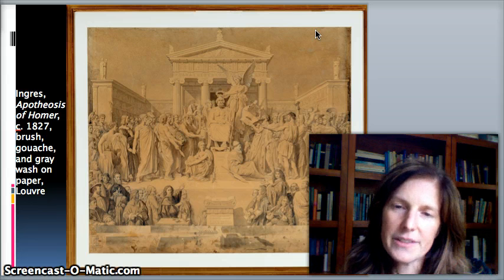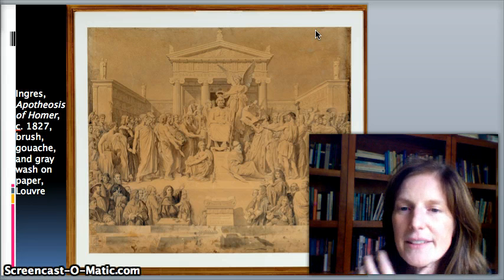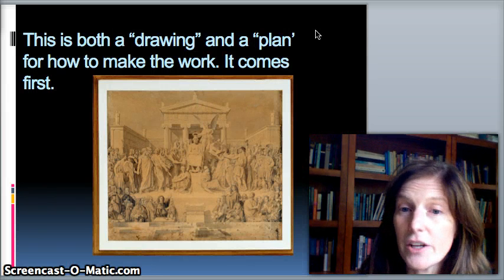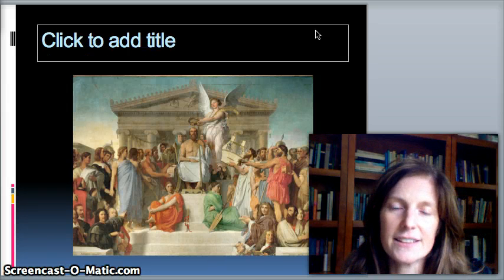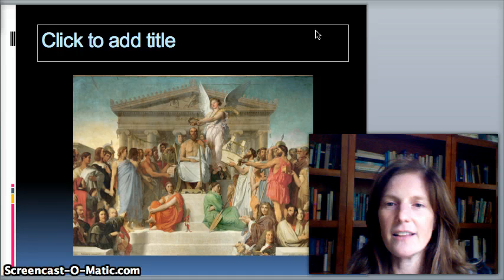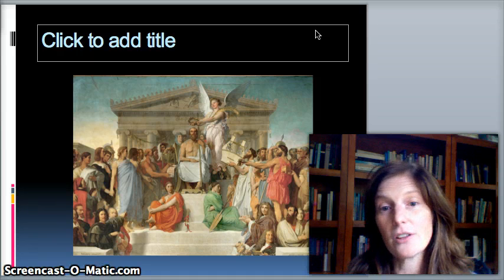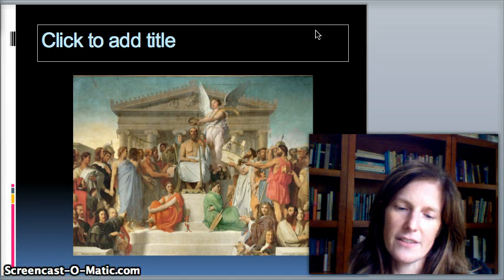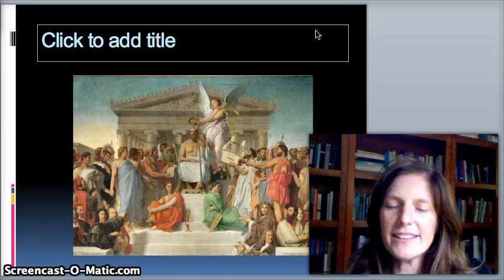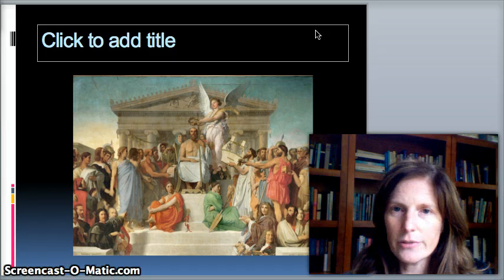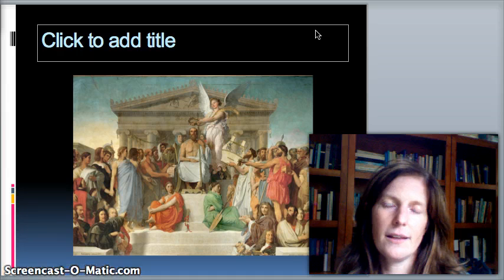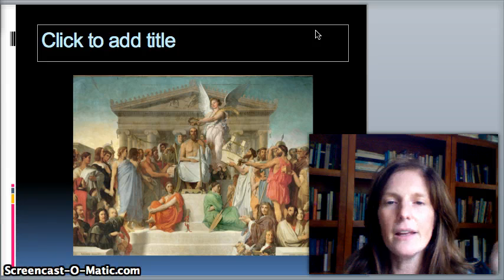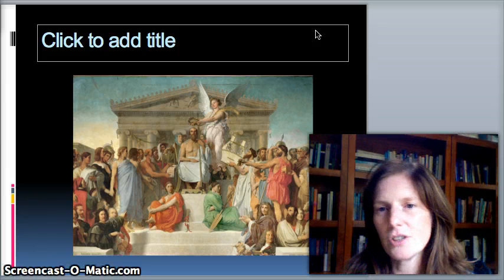Okay, so you decide on composition, and you might make changes later, because if you actually look at the finished work by Ang, he significantly simplifies the composition. He eliminates a lot of the figures, he eliminates a lot of the architecture, and he compresses the space so that we're closer to the scene of action. But in a sense, he's planned it all out, and now he's just executing it. Okay, so the idea is that your decision-making process, your designing, your planning comes first, and then you simply execute